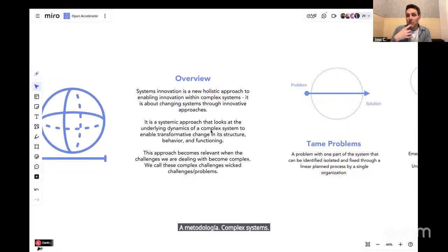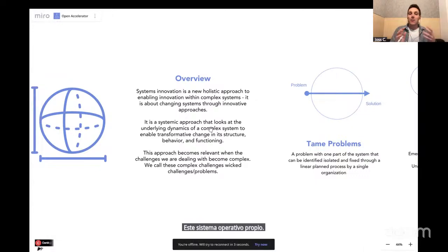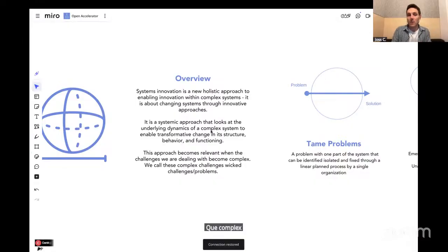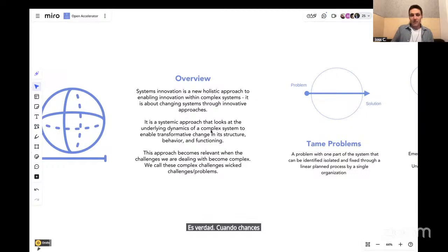So it's a systemic approach. You're probably familiar with that already, as it tries to take a comprehensive and overall holistic understanding of the nature of wicked complex challenges. I'll talk about wicked challenges in a minute. And in so doing it contrasts with the more reductionist approach where we're focusing on improving or changing particular problems or aspects of the system. So this approach becomes very relevant when the challenges we're dealing with become complex. So complexity has a lot to do with this. And we call these